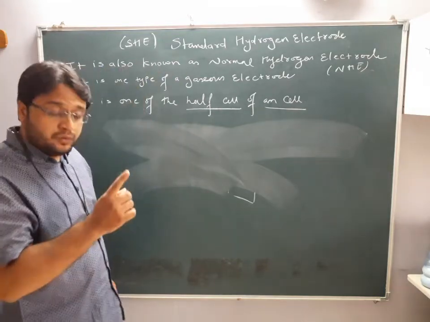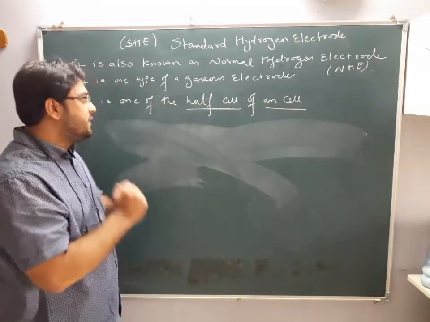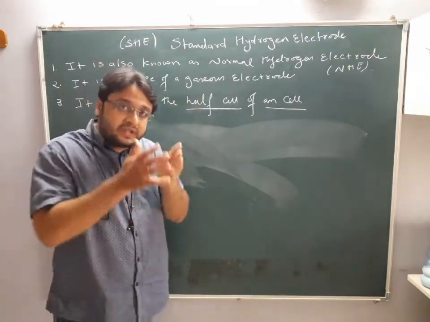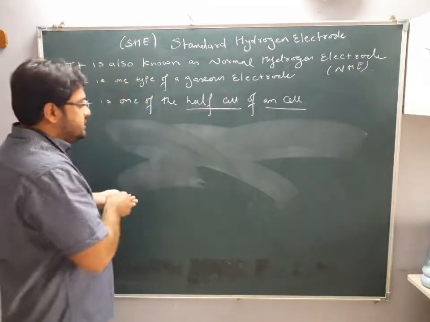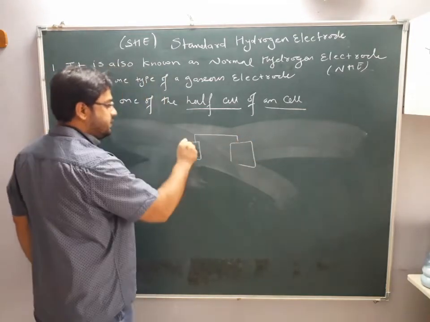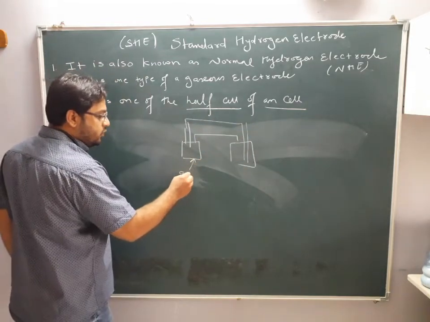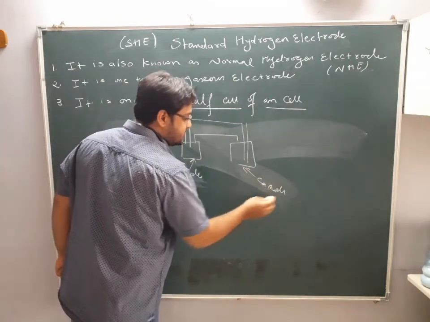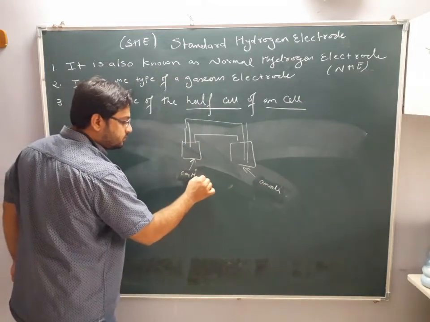Standard hydrogen electrode. Now in a cell there are two half cells. Out of one half cell will be the SHE, that is standard hydrogen electrode. Now that cell, either it can undergo oxidation or it can undergo reduction, yes or no? If you are making a cell, these are the two half cells. I will connect them by means of a salt bridge and some external circuit with an electrode. If this is acting as an anode, then this will act as a cathode, yes or no? Or vice versa.